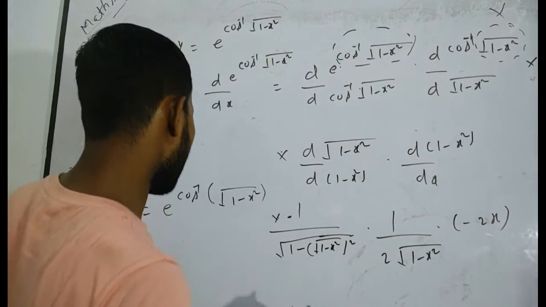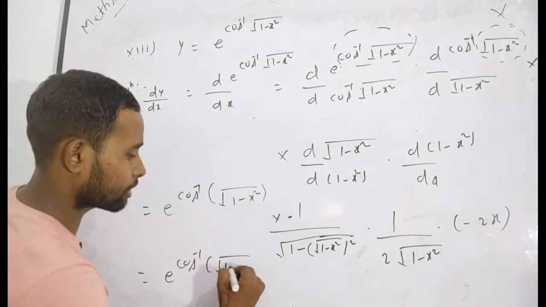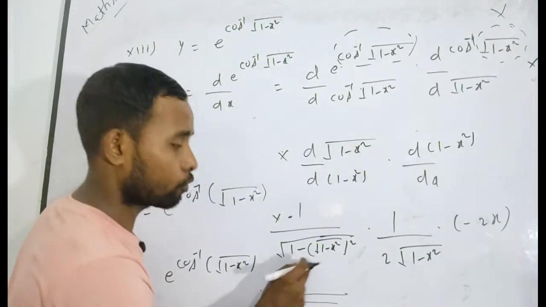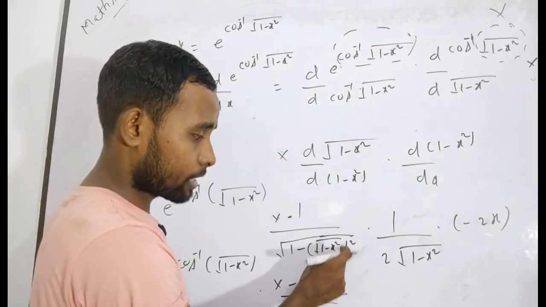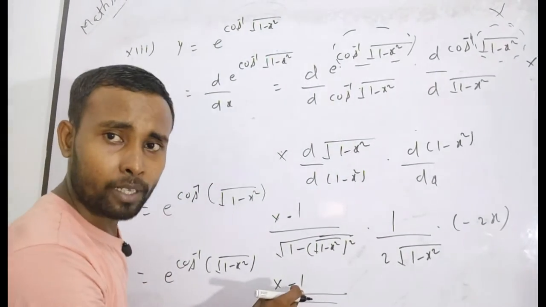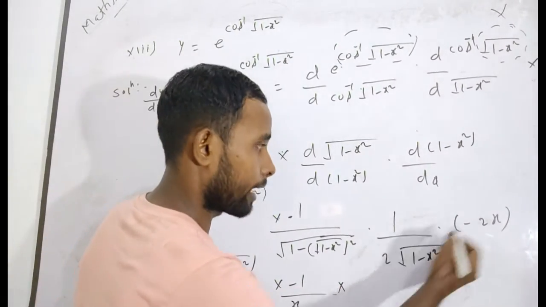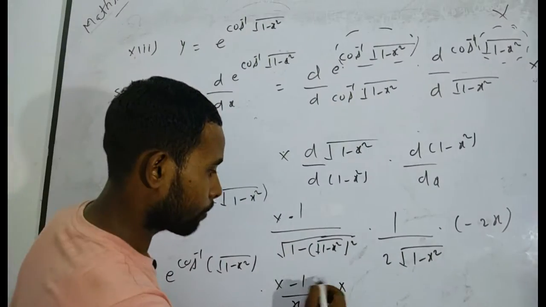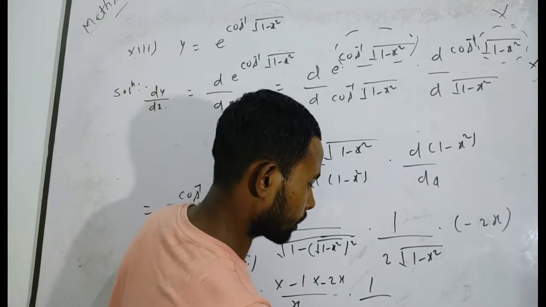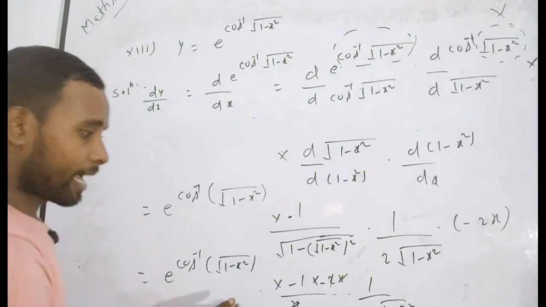Now you have to simply write here the derivative of e to the power some term will be the same: e to the power cos inverse root under 1 minus x square into minus 1 by root under 1 minus, if you simplify it, you will get minus 1 minus plus x square. So 1 minus 1 vanishes each other, and you will get x square under the root, and if you take it out of this term, you will get minus 1 upon x, into minus 2x also, and 1 upon 2 root under 1 minus x square. 2 cancels and x cancels, and you will get minus plus and minus plus.